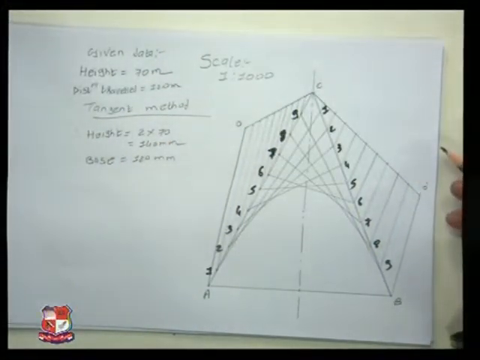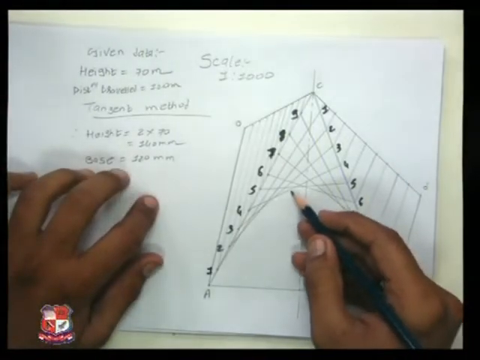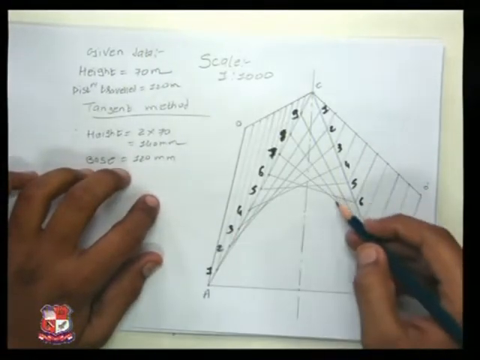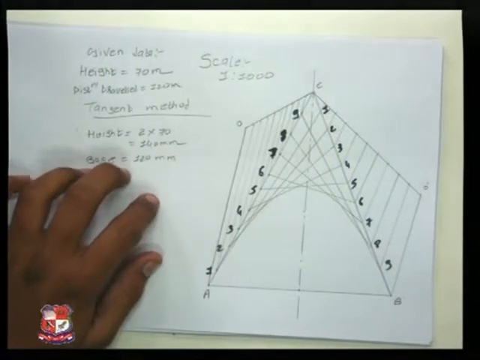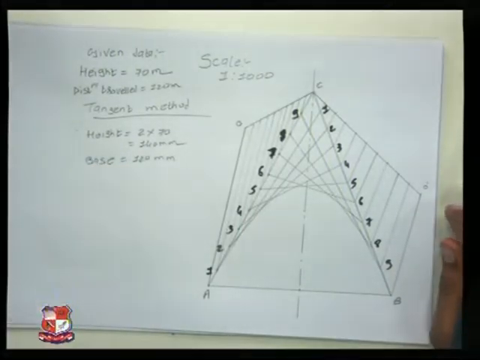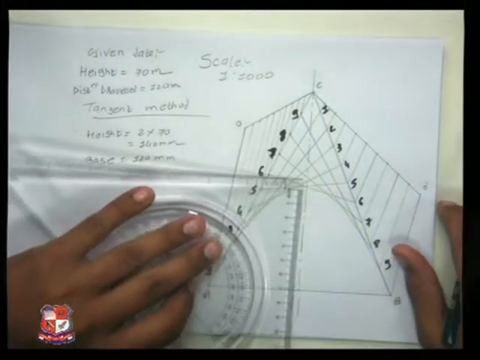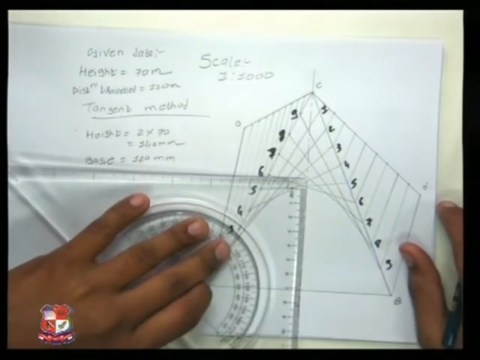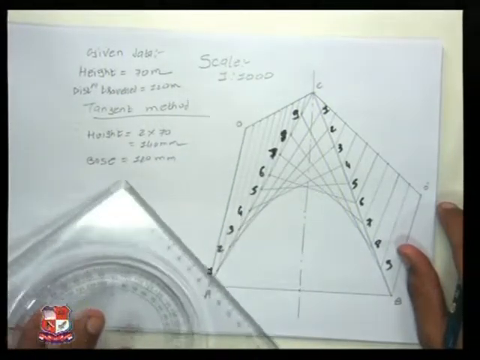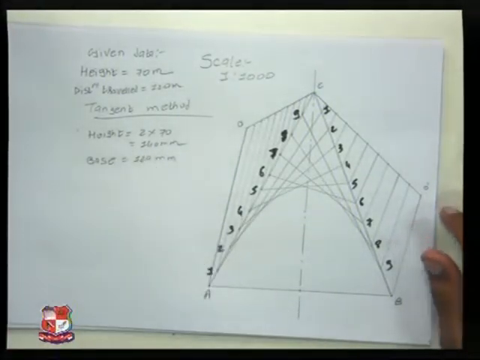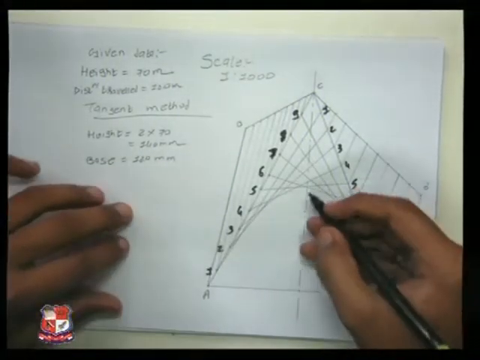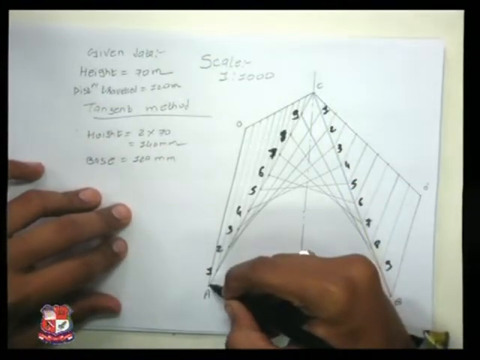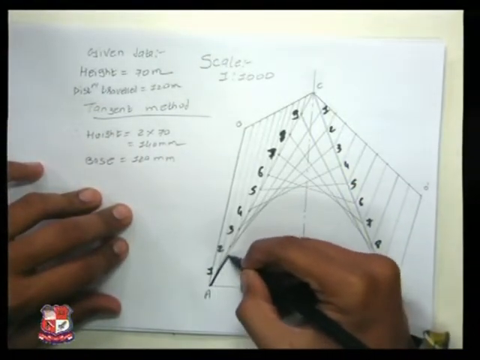So as you can see, on the tangent portion you have got a parabolic shape automatically. When you measure this distance, it would come around 70 mm, which is our required height. Highlight it so that you can clearly see the curve.